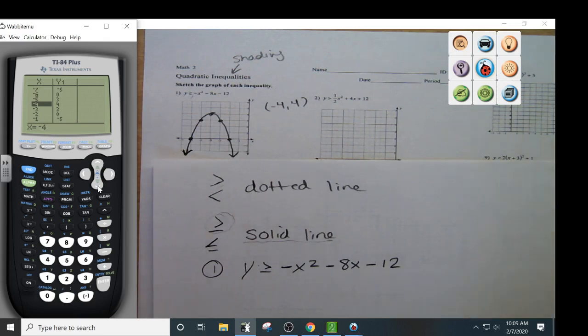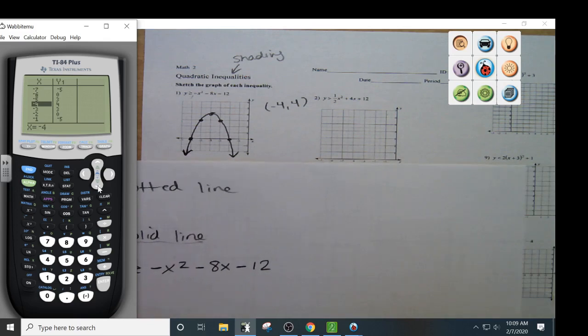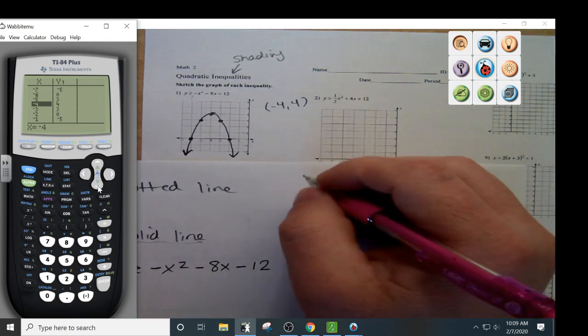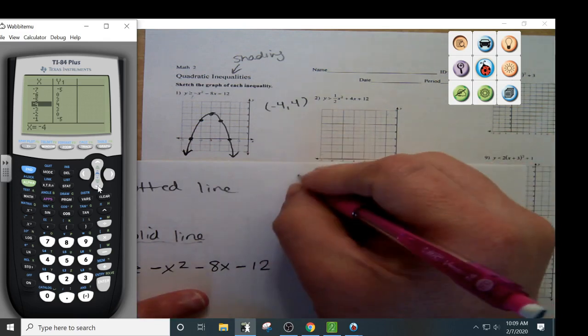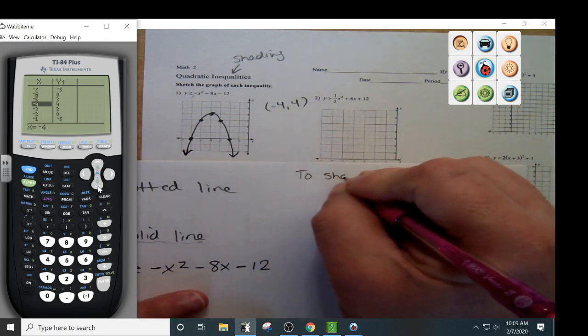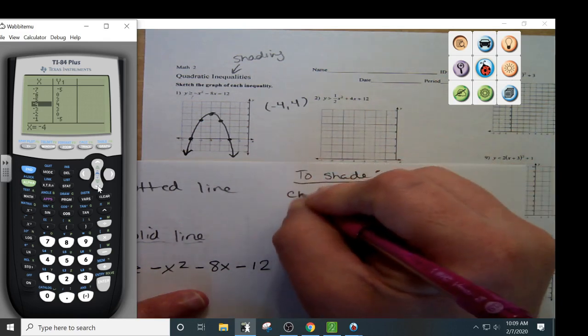Okay, now let me show you about the shading part. Guys, what you're going to do, I'm going to put the shade over here. What you're going to do, you're going to choose what they call